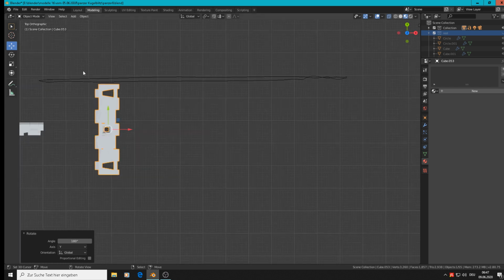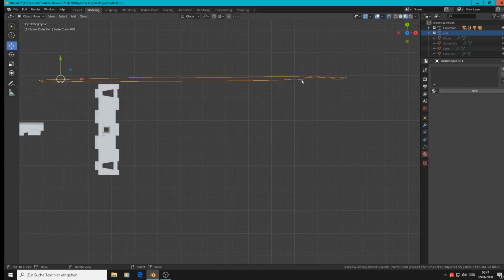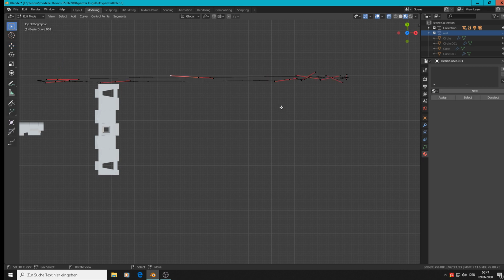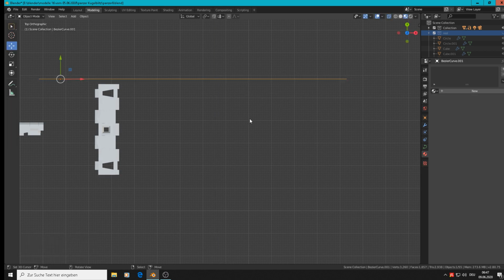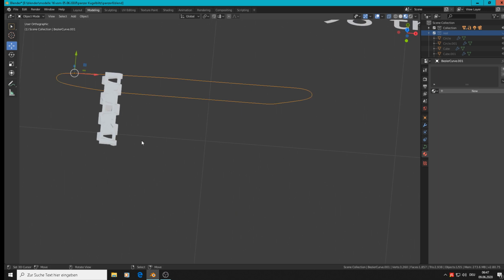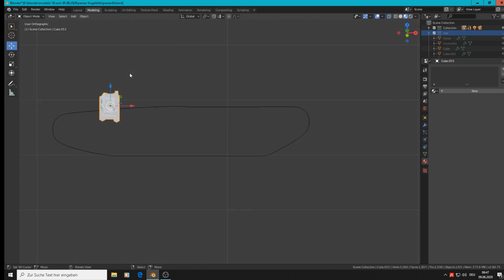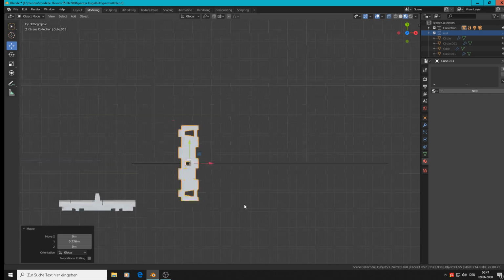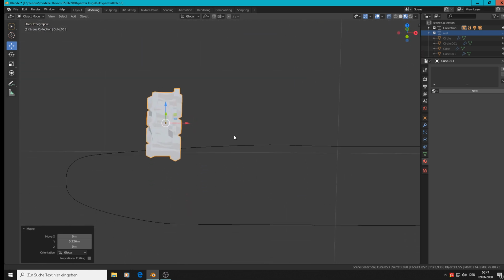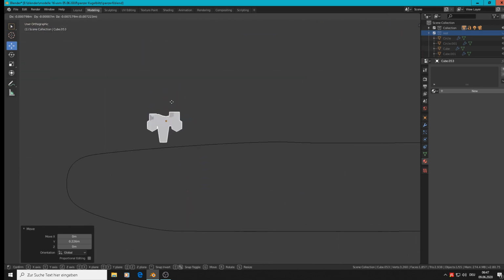Top view. We see the curve isn't on the same depth in the Y. So we select edit mode, select all, and scale Y 0. Then we have a straight line. Good. This one should be in the middle of the curve there. So we bring it there. And I counted them, and that are